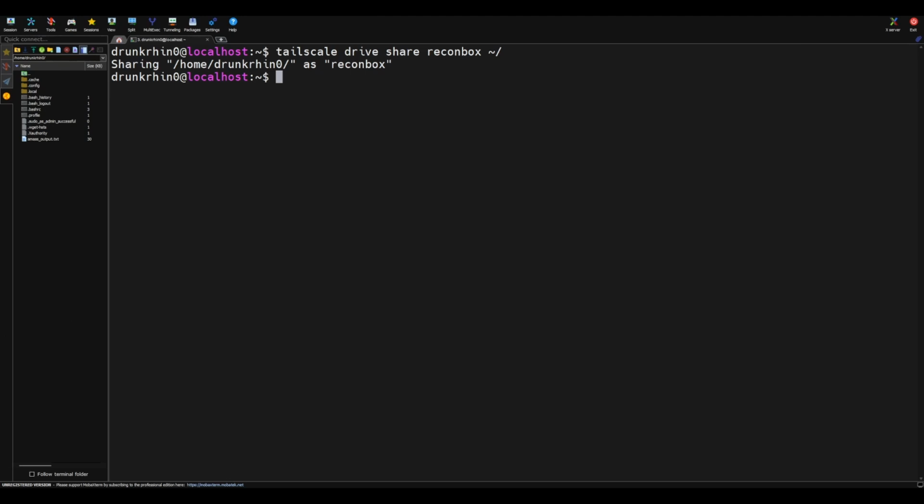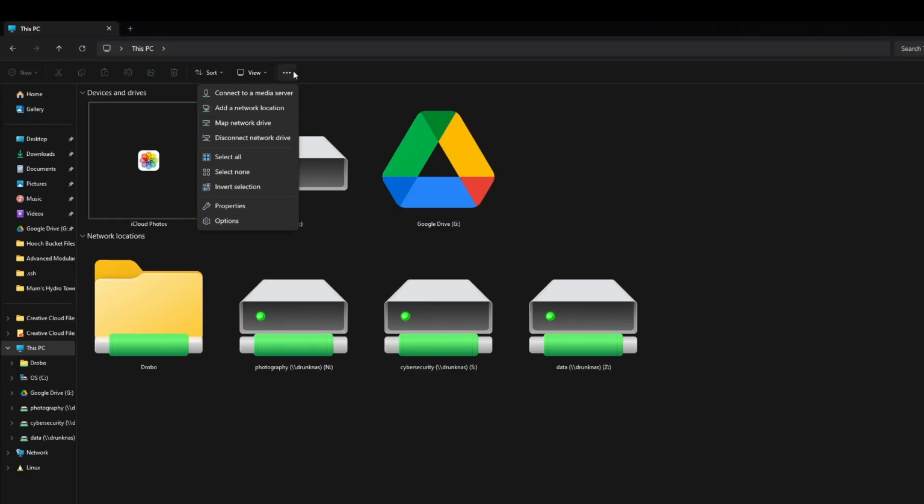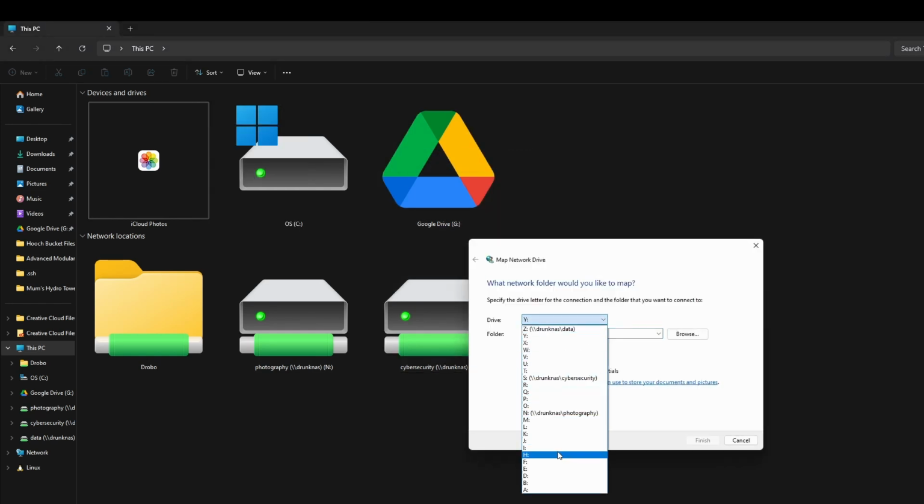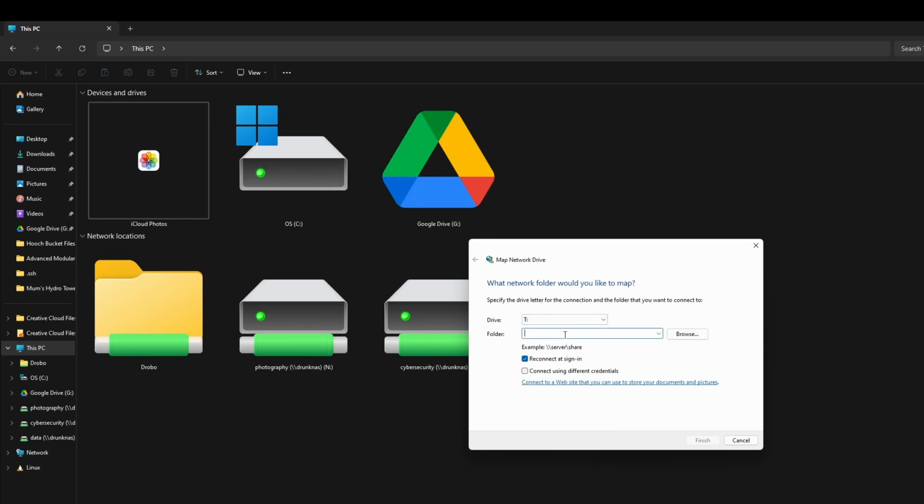Let's jump into the Windows device now and access it like a normal network drive. All right. We want to make sure that we map a network drive and not add a network location. Firstly, pick your drive letter. I'm going to pick T for Tailscale. You don't have to. And use the following address,